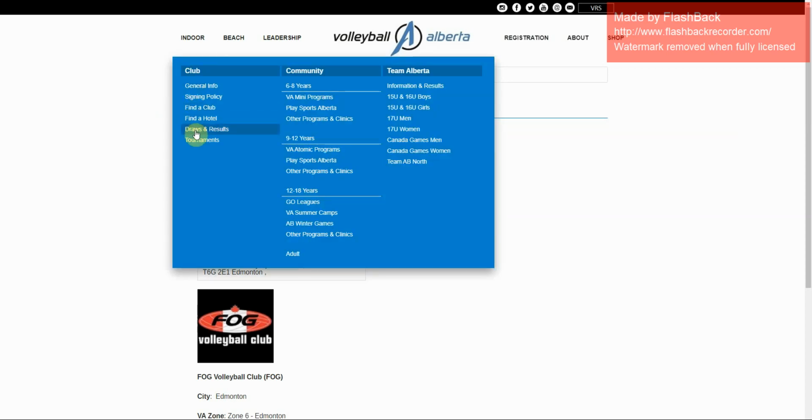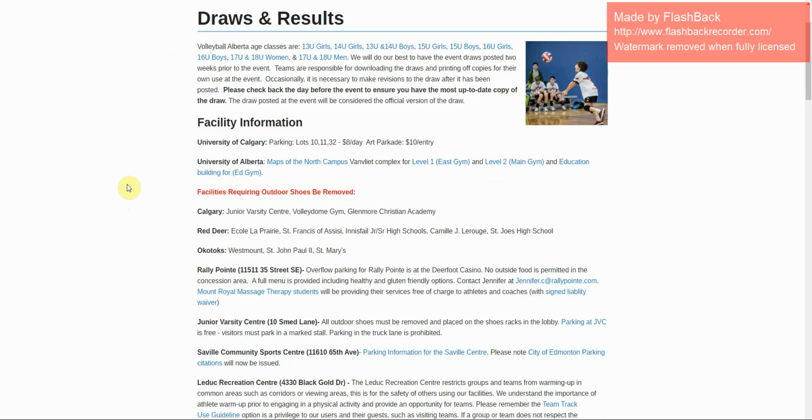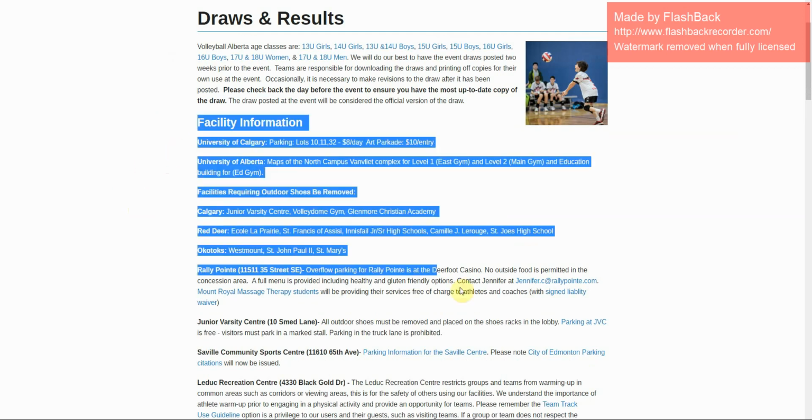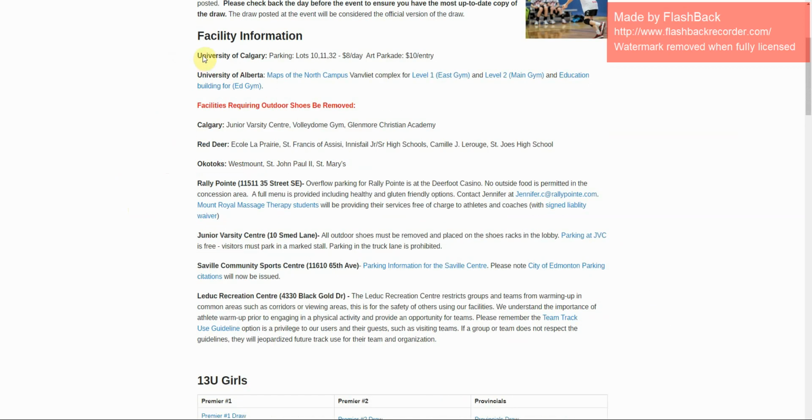Once we are into our season, we will have a lot of traffic on our draws and results page. This is where parents, coaches, and club administrators come to find facility information prior to arriving. So do make sure that if you are going to the University of Alberta, for example, or Rally Point or the Saville Centre, that you are reading additional information about parking or any important notes